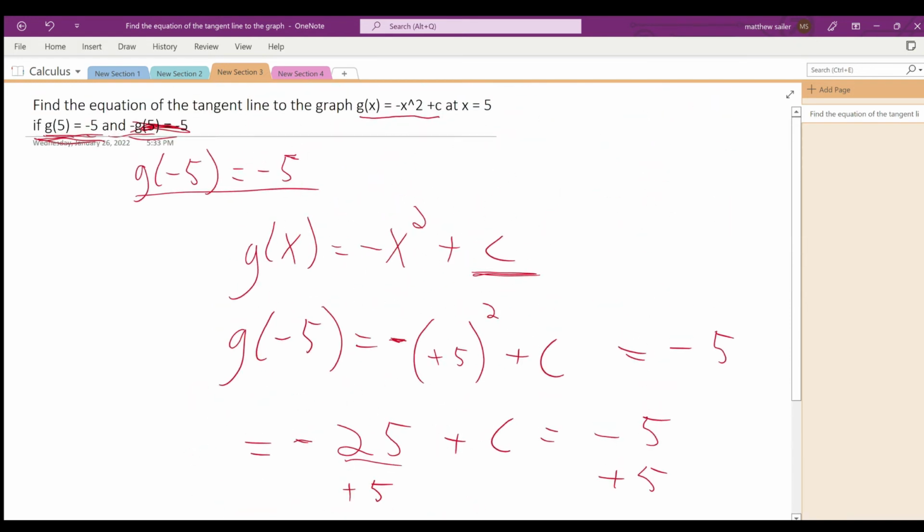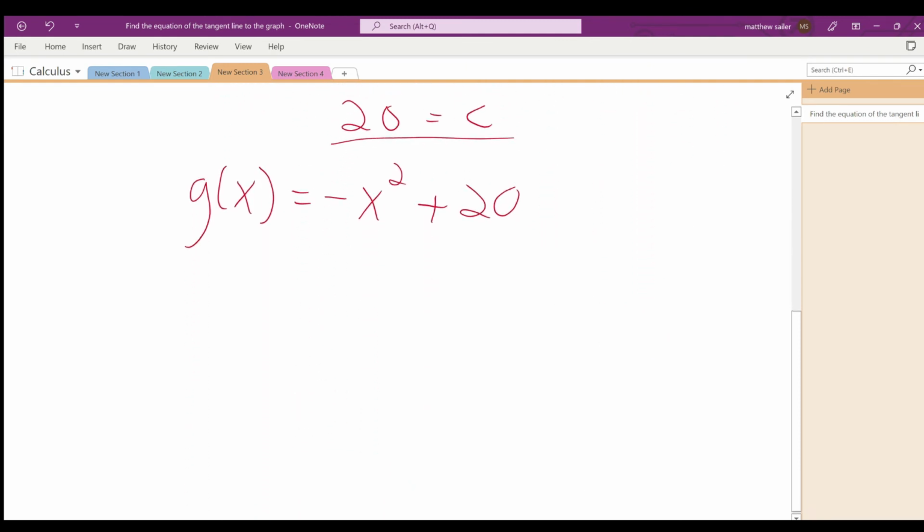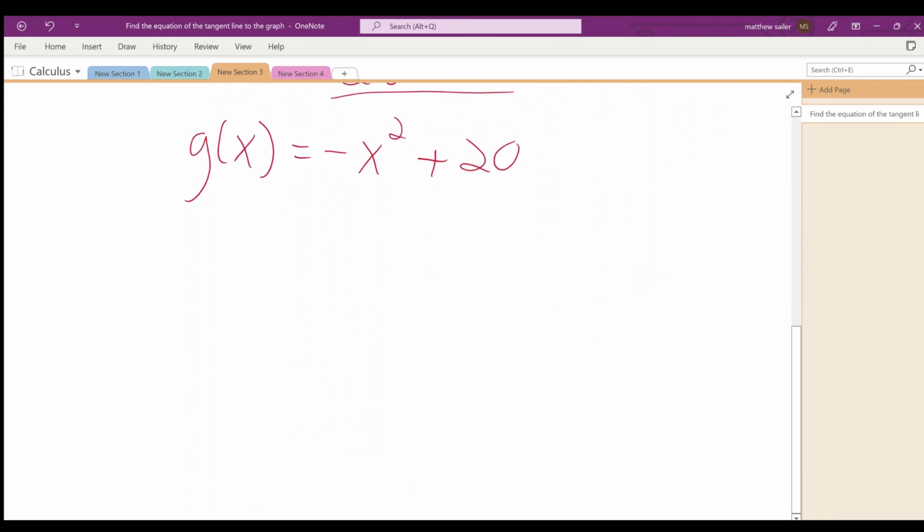And we want the equation of the tangent line to the graph at this point. So the next thing I want to do is to find the derivative of this so I can find the slope of the line at that point. Because if we want the tangent line, we need a slope and we need a point. We would need to use the point-slope form to solve this equation. Alright, so to take the derivative, g prime of x